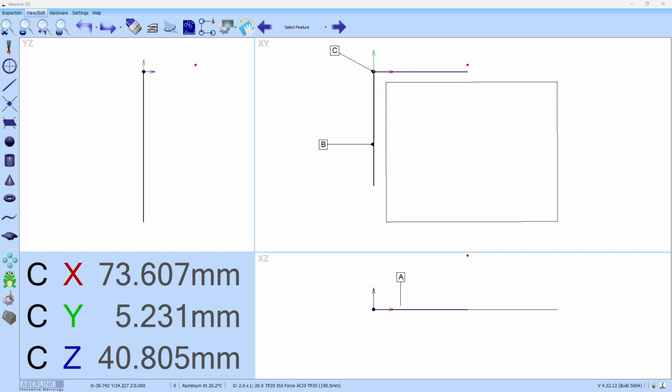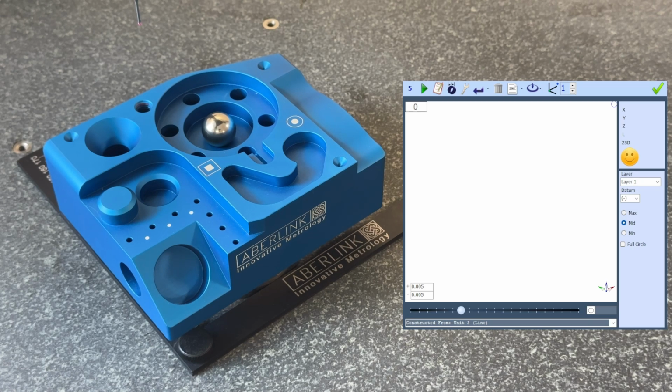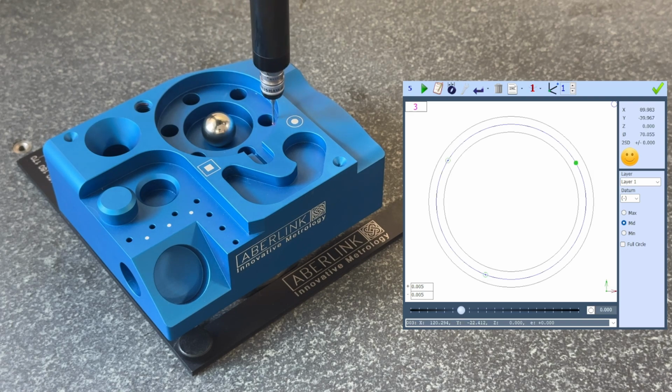So let's just switch the camera on. You should be able to also see the feature. There we go. And all I'm going to do is just drive over, and again, just for this exercise, I'll just take 4 points. So there we go, we hit the green tick. I'm then going to measure